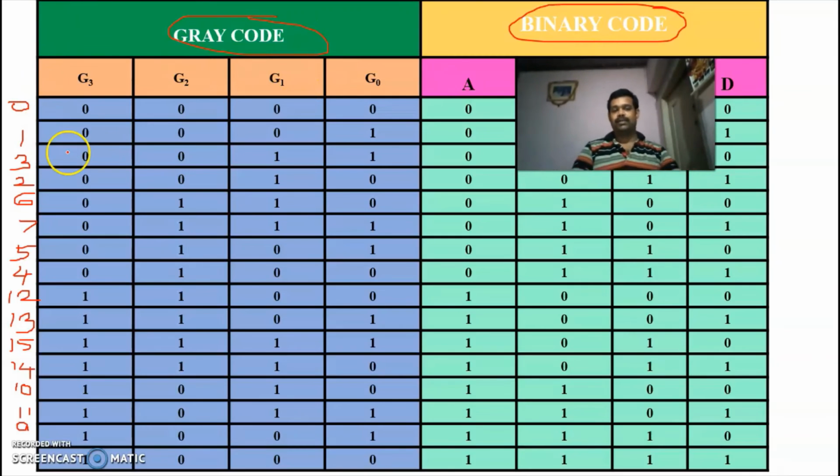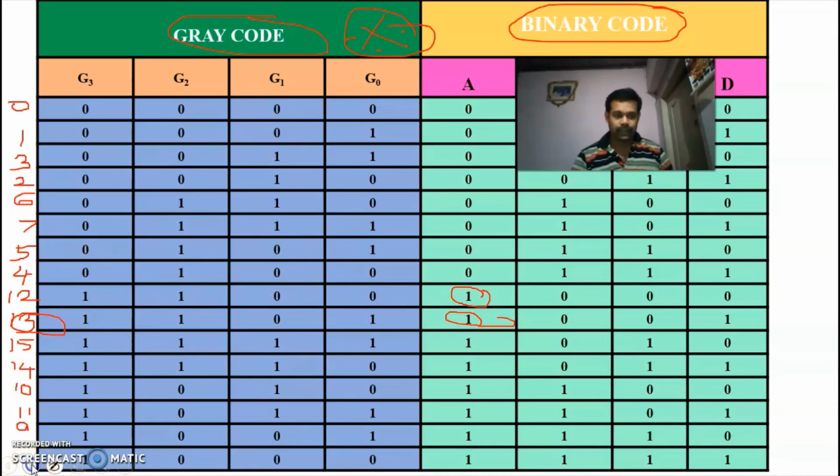Similar to the previous one, in binary and all, it will come in order: 1, 2, 3, 4, 5, 6, 7, 8 up to 15. But here it is varying. So keep this important: if gray code to binary code converter is coming, be careful while plotting. For this one, you have to plot in 12; for this one, you have to plot in 13. In the 4 variable K-map, the decimal values are 0, 1, 3, 2, 4, 5, 7, 6, then 8, 9, 11, 10, then 12, 13, 15, 14. So you have to plot correctly.